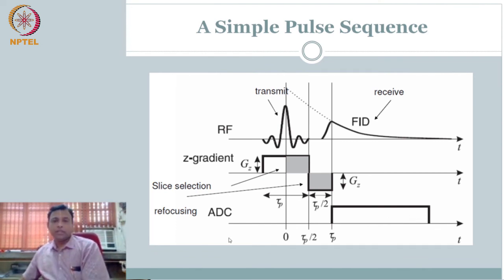Okay, so we'll proceed. We have a volume. Now we know how to record a volume and how to explain this using a pulse sequence diagram. So now what we need to do, you can already start to intuitively imagine: I have a volume, I know the signal is coming. Now from the obtained signal, how do I say it came from a particular x comma y? Z is gone. So within the xy plane, whatever I am measuring, how do I say it came from a particular x comma y? That we need to see. That we will see in the next lecture.